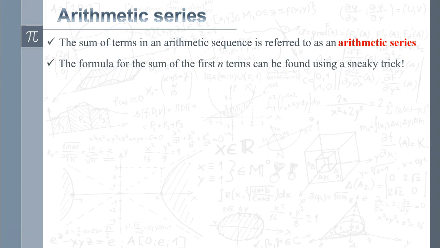And it's a sneaky trick that is attributed to a German mathematician, a guy called Carl Friedrich Gauss, who was born in the late 18th century. Now, Gauss turned out to be one of the premier mathematicians of his time. He was like the granddaddy of maths around about the turn of the 18th century. But this story allegedly goes back to when Gauss was at school when he was 7 years old, and his